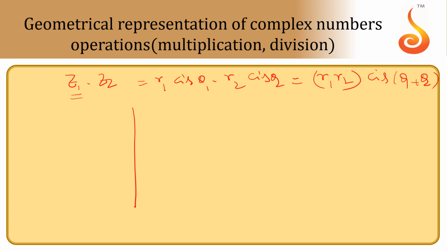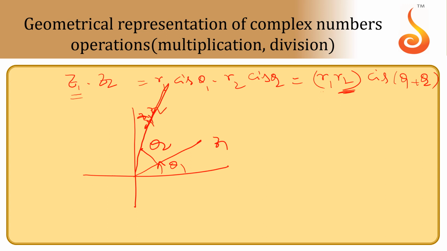So what is happening? Suppose you have Z1 and you are multiplying by Z2. Already the amp is theta 1, and it will rotate through an angle theta 2. Now this length will be mod Z1 only. Then to that length you have to multiply R2, so according to R2 its length may decrease or increase. Then that will be Z1 Z2. See, I am saying it may increase or decrease.